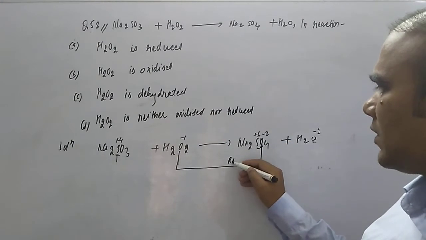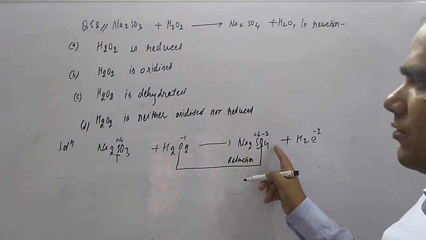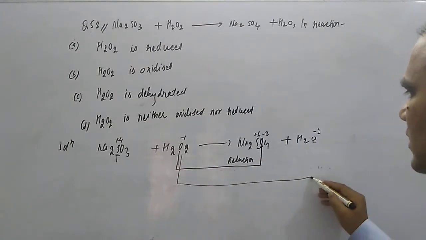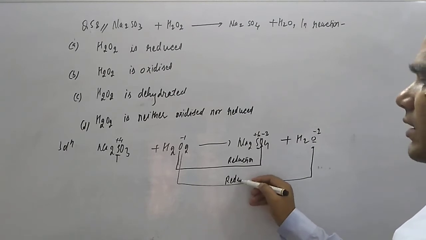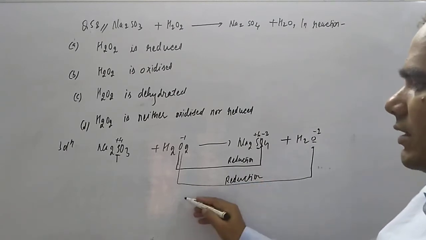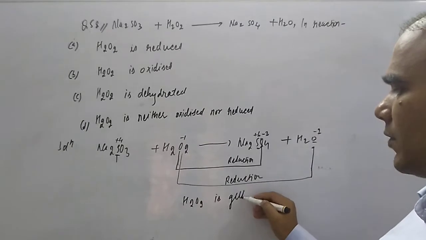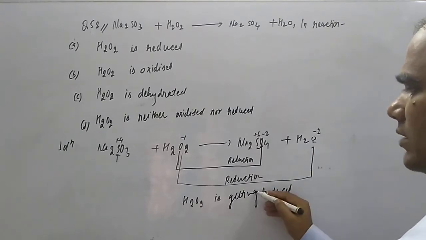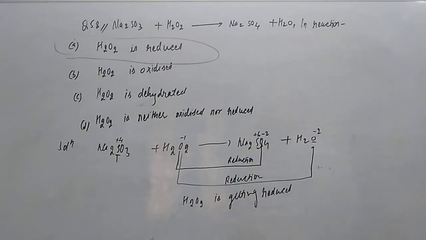So again what is happening, student, that is reduction, okay. Why? -1 to -2, that is reduced in the number, more negative. So this is reduction, and again oxygen is here also, that is -1 to -2, again reduction is there. So in this case H2O2 is getting reduced. Now we can check the options, H2O2 is getting reduced, which is the option? The correct option will be option number 1, student. That is very easy. I hope you will be able to understand that it is option number 1.